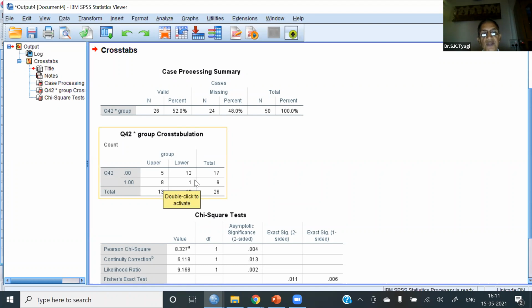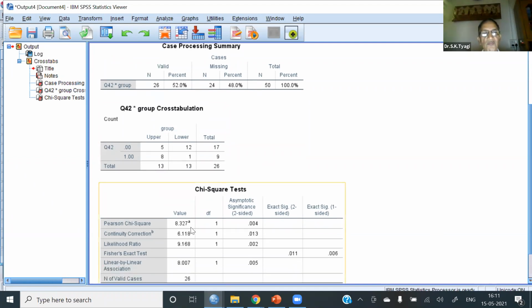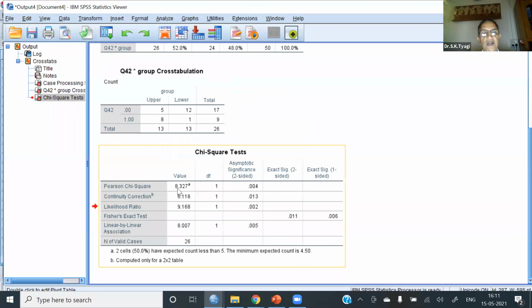The proportion of right response in the lower group is 1/13. Is there a significant difference in these two proportions? This is tested by chi-square. Now this is the chi-square value, 8.327, and the p-value is this. This is significant. But here two cells have expected count less than 5. The minimum expected count is 4.5.